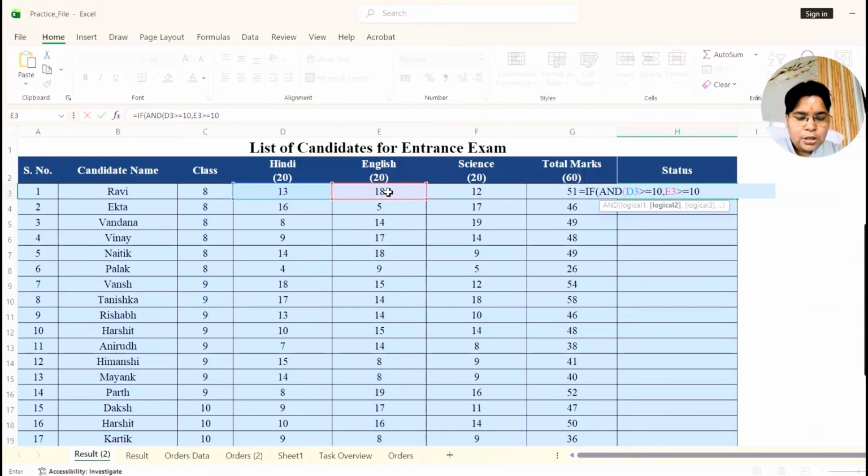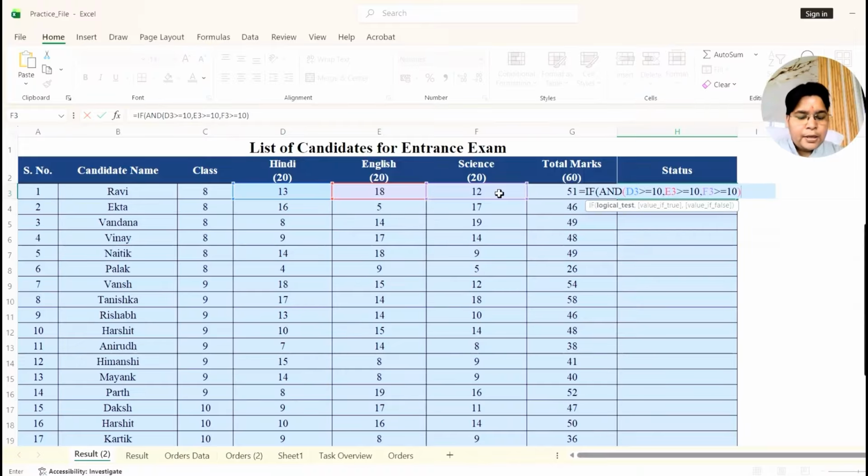Then for the third condition use a comma, and science marks start from F3, then F3 greater than or equal to 10. So there are 3 conditions: D3 greater than or equal to 10, E3 greater than or equal to 10, and F3 greater than or equal to 10. These 3 conditions should be true. If any one condition is false, then the result will be displayed as disqualified.